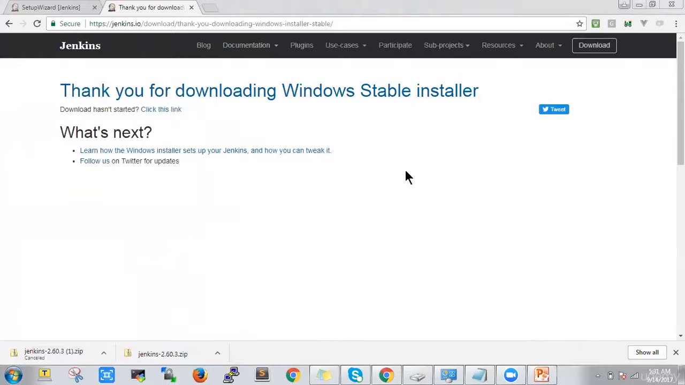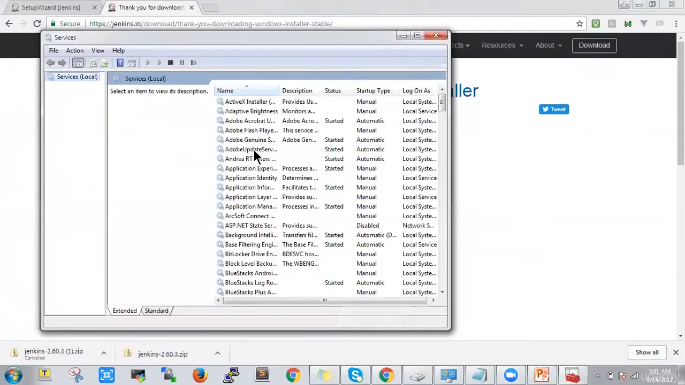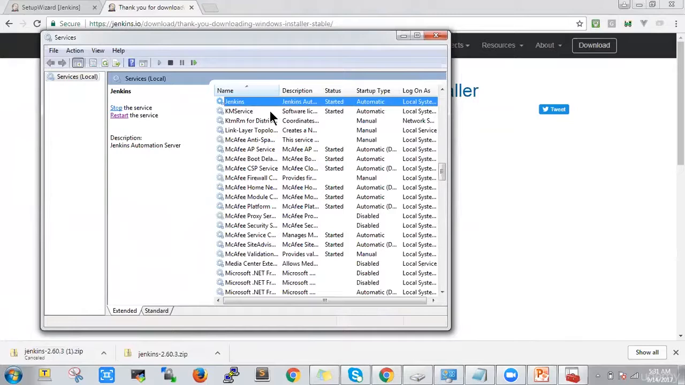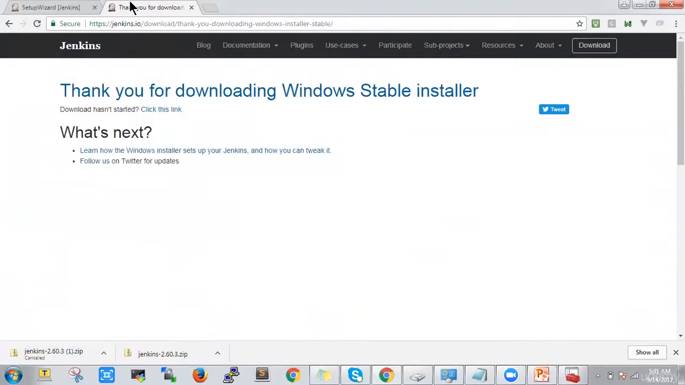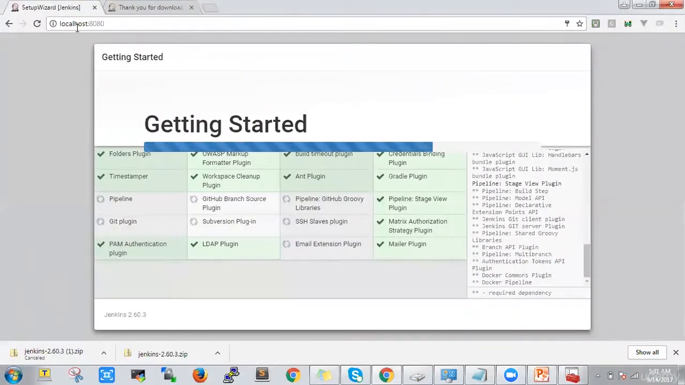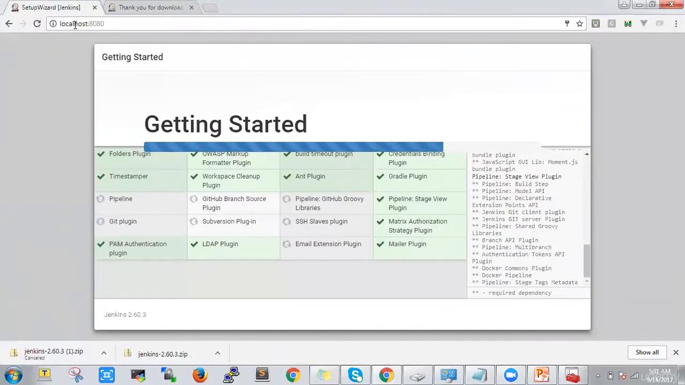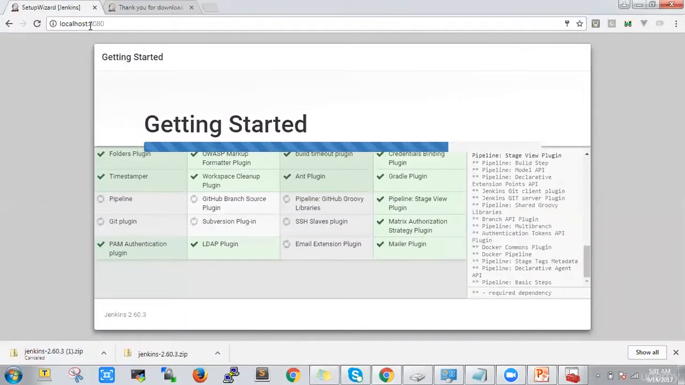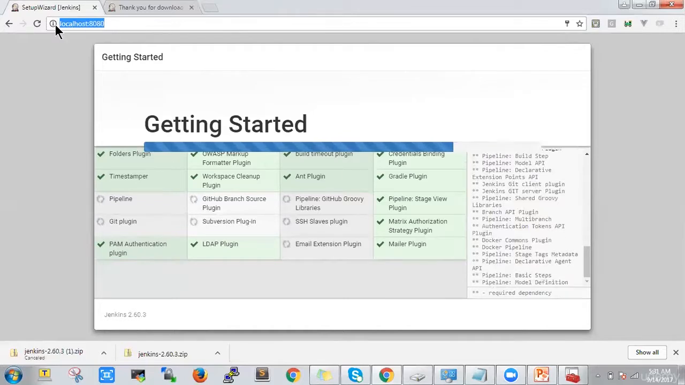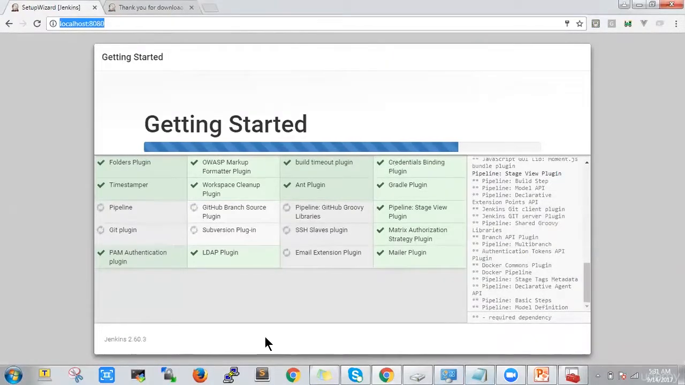I will say view local services. So here, Jenkins, and the status is started. It will automatically start once we install the Jenkins software. At first, when we install, we can access it on the localhost by just saying localhost colon 8080 port number, and once we access it, it will ask you to enter the password the first time, and for that